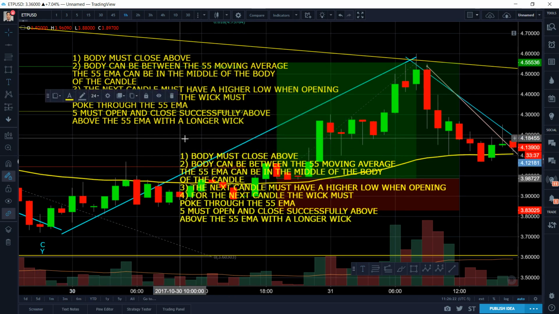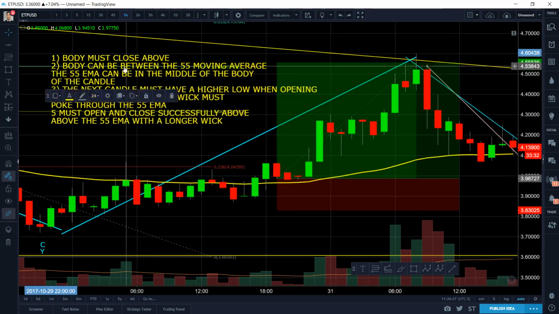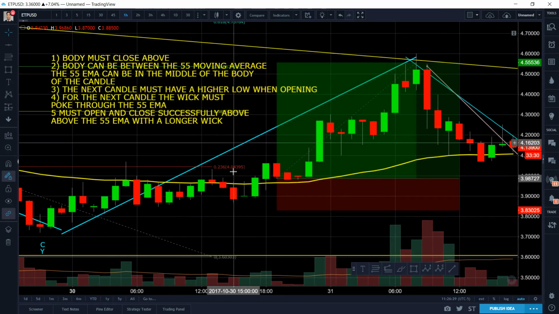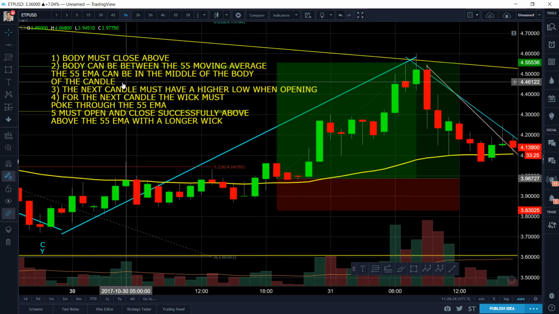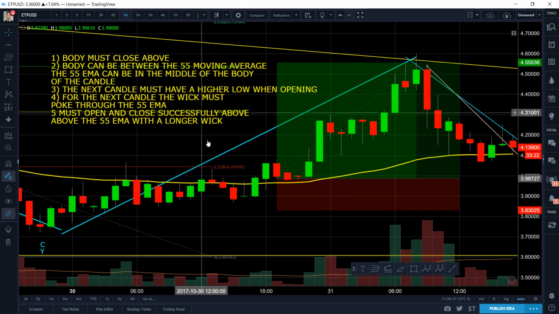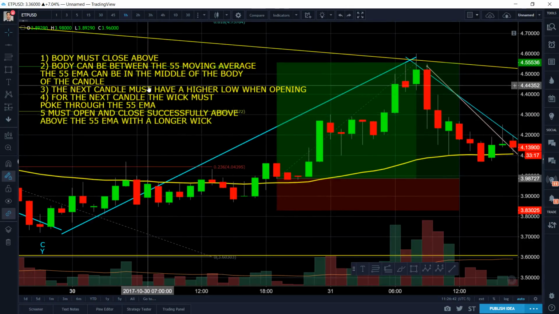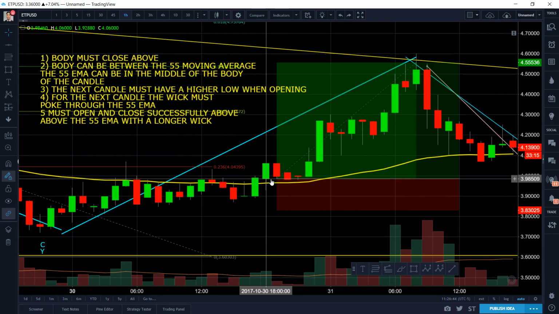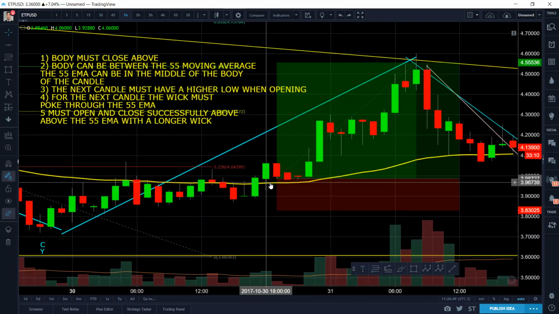So let's go over it again. 1, the body must close above this candle first. 2, the body can be in between the 55 moving average. The EMA can be in the middle of the body, which it is right here, okay? The next candle, whoops, must have a higher low when opening, okay? Yes, check mark, when opening. For the next candle, the wick must poke through the 55 EMA, okay guys? And just to summarize, it must open and close successfully above the 55 EMA with a